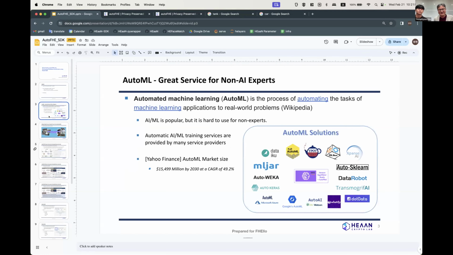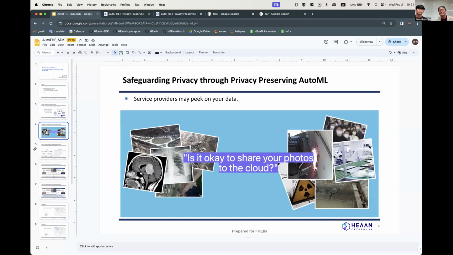Automated machine learning, actually, I love this service because I'm not an AI expert. I'm a crypto expert. I'm very good at privacy-preserving everything, but not AI itself. So sometimes I use the AutoML service to train models because they give us very great trained models, and no AI expertise is required. So it's a very beautiful cloud-based service for non-AI experts, but